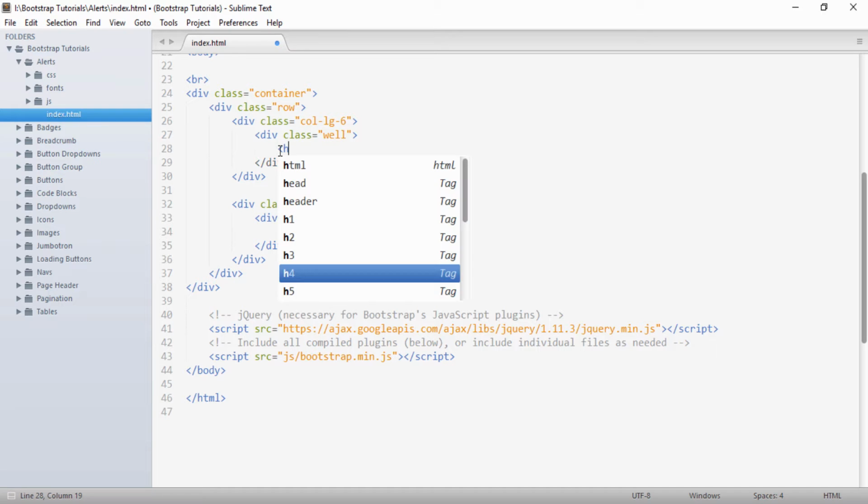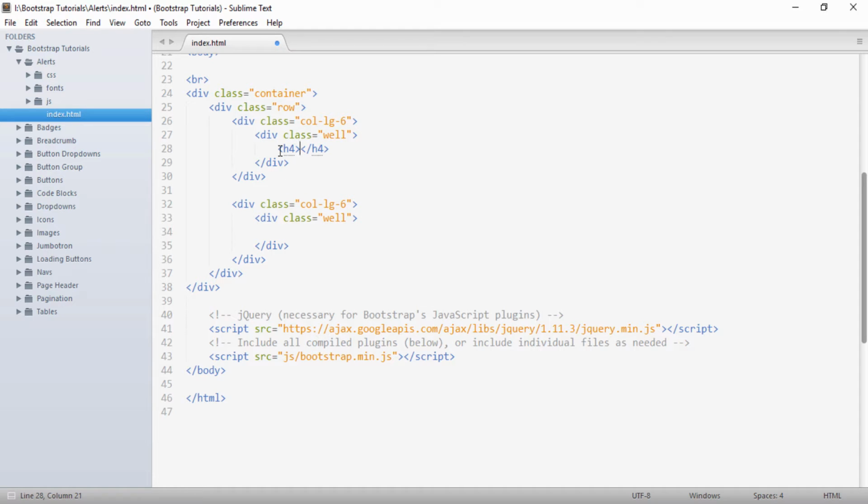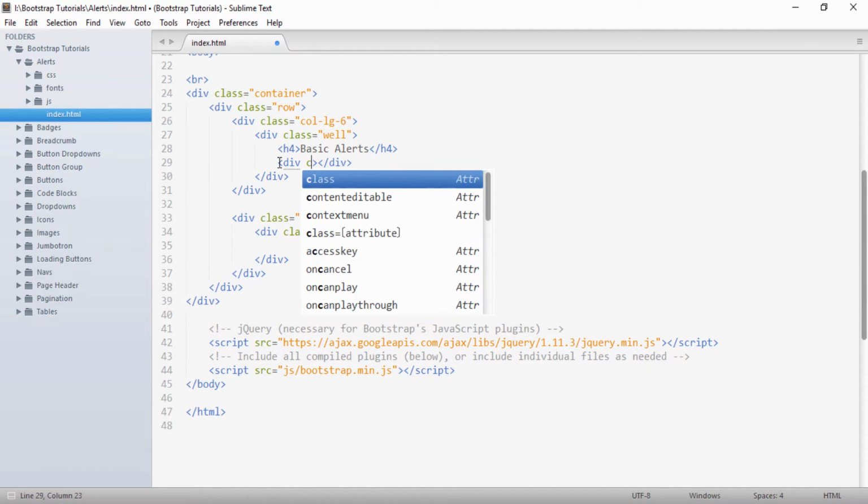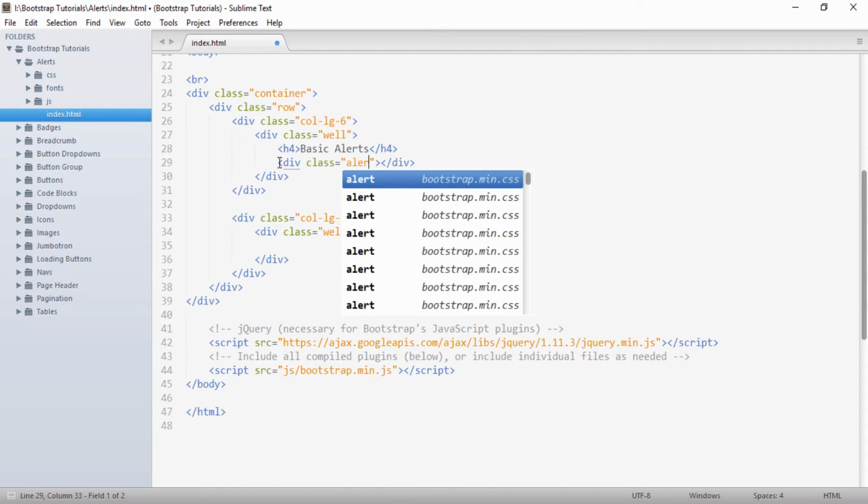So I will create a heading, and to that I will provide a heading as basic alert. So now let's see how we can create the basic alerts. So first I will create a div. In order to create an alert, what we have to do is provide a class of alert.